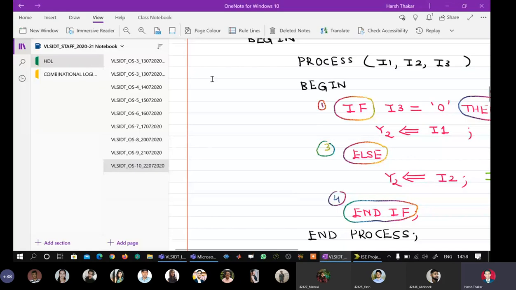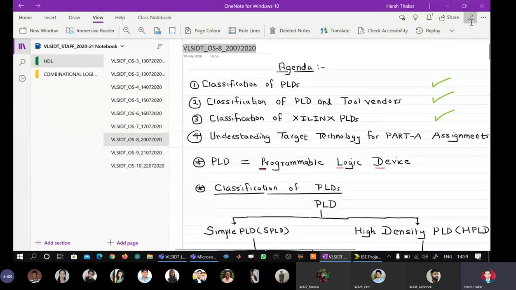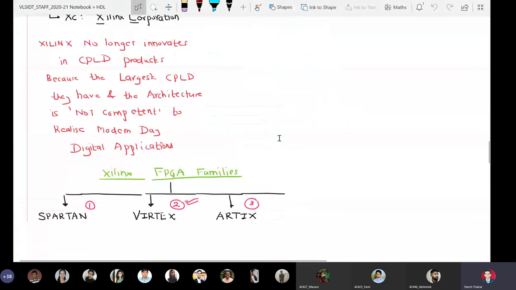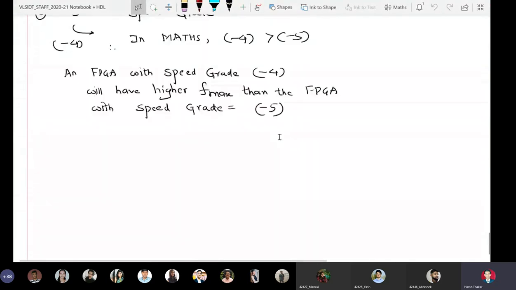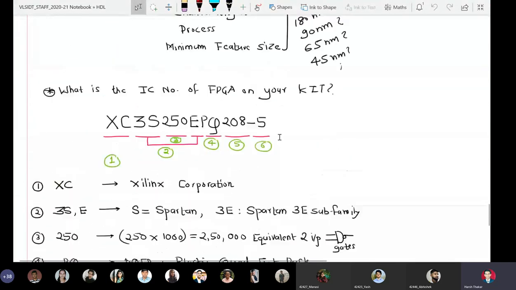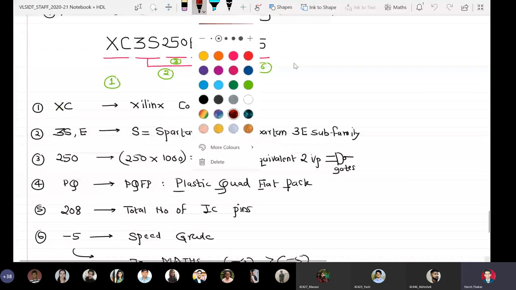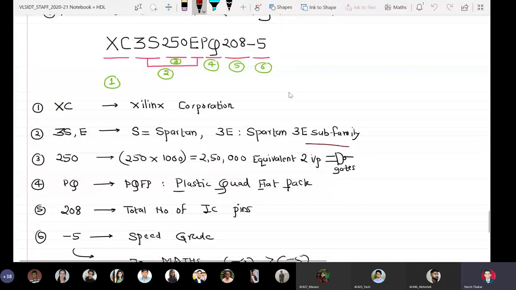And here we have a few more minutes. I want to show you what we did on 20th. Here I missed saying something: at the end of the session we had discussed this particular IC number. So here if you see, I had written something. So a question may come to your mind: what is this? Okay, what is this?